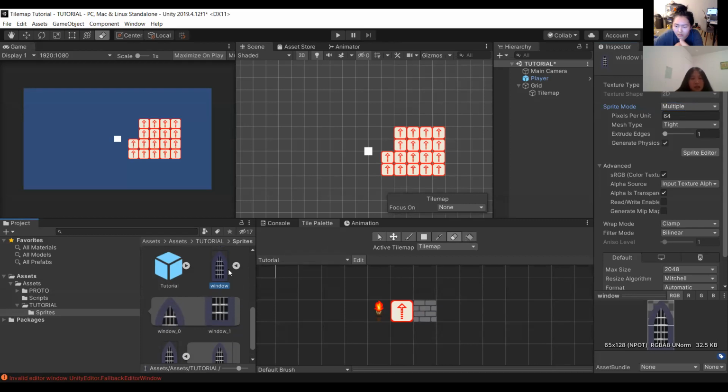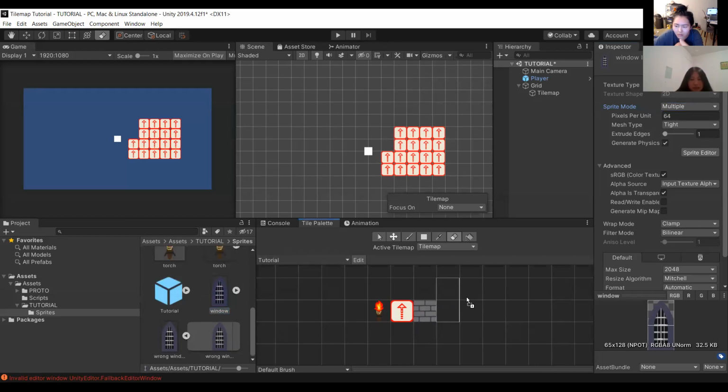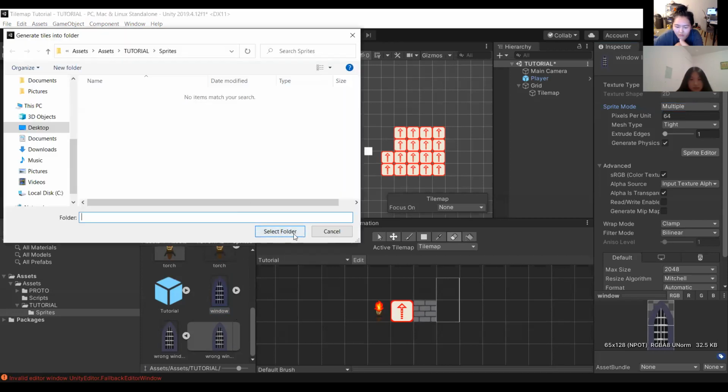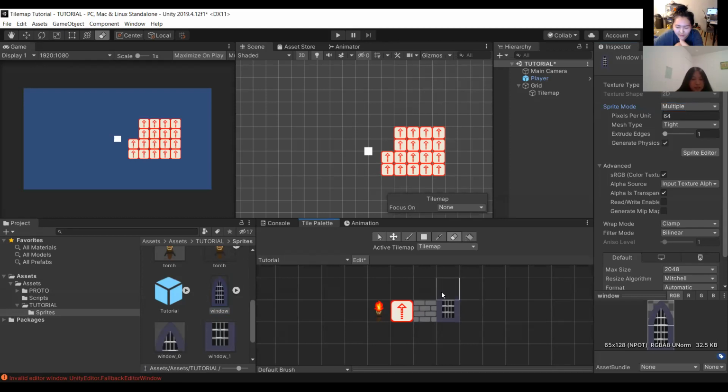And then you can close that up and then just drag that into the scene. You don't have to drag each individual sprite underneath it. You can just drag the top one. Did you mean drag into the tile palette? Sorry, the tile palette, not the scene. My bad. Yes. And so now you should have it split into the top section and the bottom section.